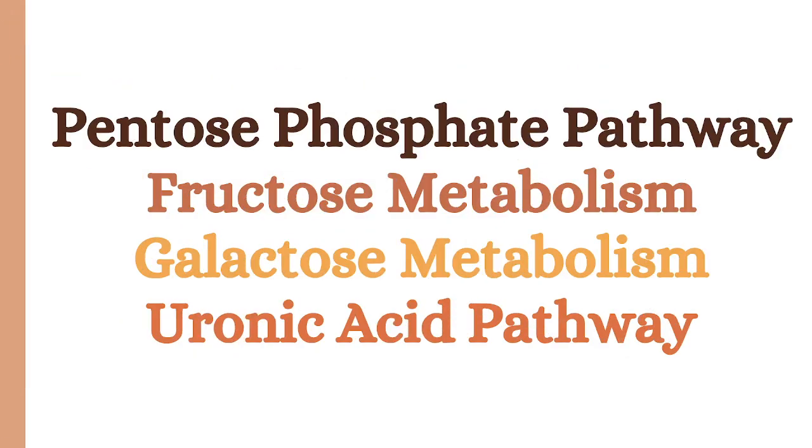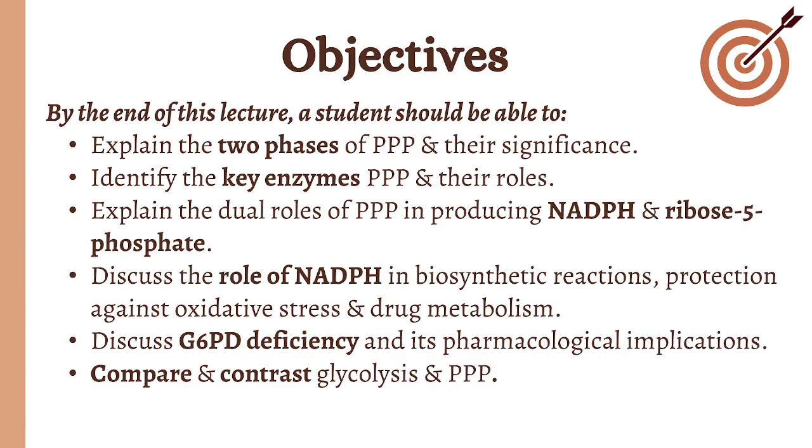We will be discussing the pentose phosphate pathway, the metabolism of two other hexoses, fructose and galactose, in addition to the uronic acid pathway. Our objectives today are to explain the two phases of the pentose phosphate pathway and their significance, to identify the key